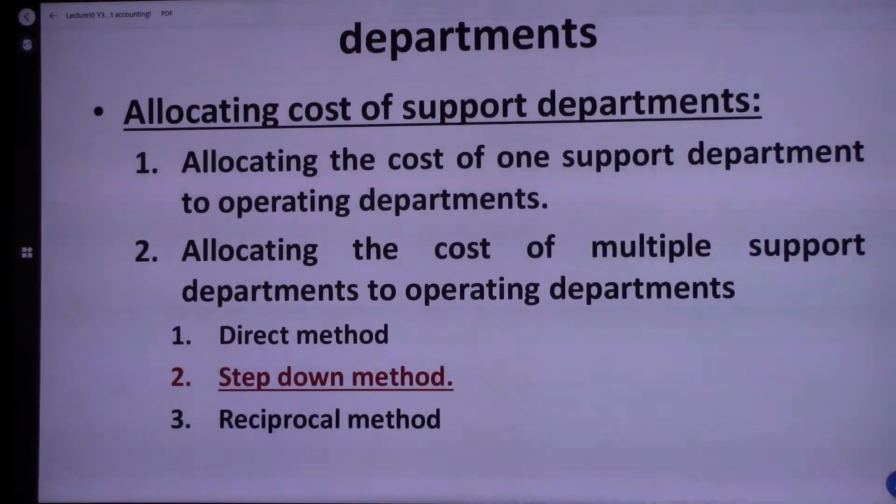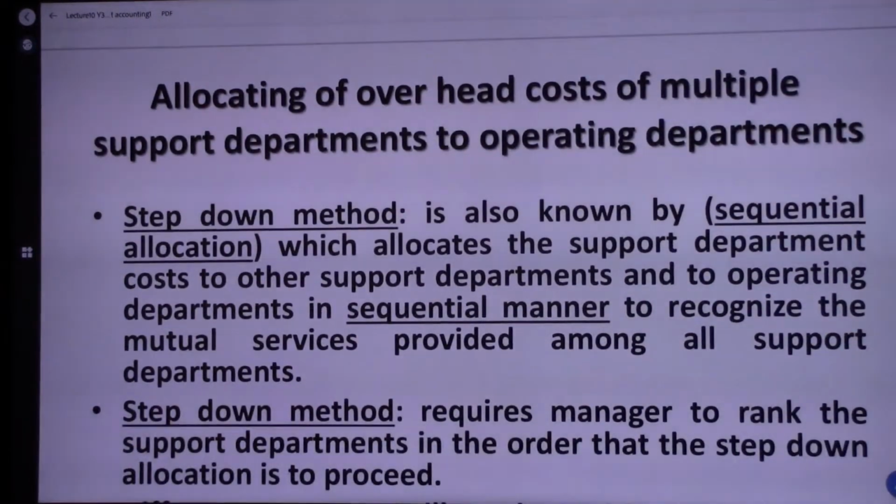Allocation could be from one support department to other operating departments, or from multiple support departments to operating departments. We are only going to discuss how to allocate costs from multiple support departments to operating departments using step-down method. Step-down method is the method that allocates costs from supporting department to operating department in a sequence way, like stairs going downwards, like stepping down in sequence way, meaning I